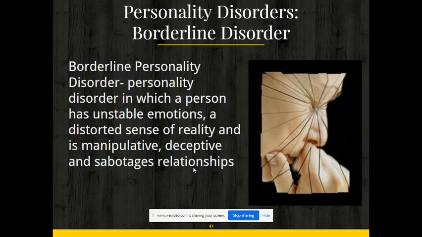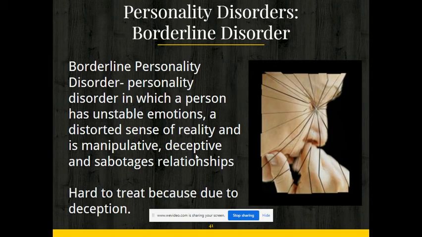So like I said, borderline, this is your crazy person. Unstable emotions, distorted sense of reality, manipulative, deceptive, sabotages relationships with other people. I mean, how are you going to treat this, right? They sit there and talk to the therapist, and then they leave and they're crying to someone on the phone saying, the therapist did this to me and attacked me and da-da-da. You can't fix that, because the person knows what they're doing. They're manipulating right now. They're lying. They're being deceptive. They're trying to sabotage any help you get. This is kind of unfixable. And this is the one you think about, yeah, if a person was really like this, they would really just be crazy, right? So how do you do that? You kind of just have to figure out ways to deal with it and live with it, because you're probably not going to get